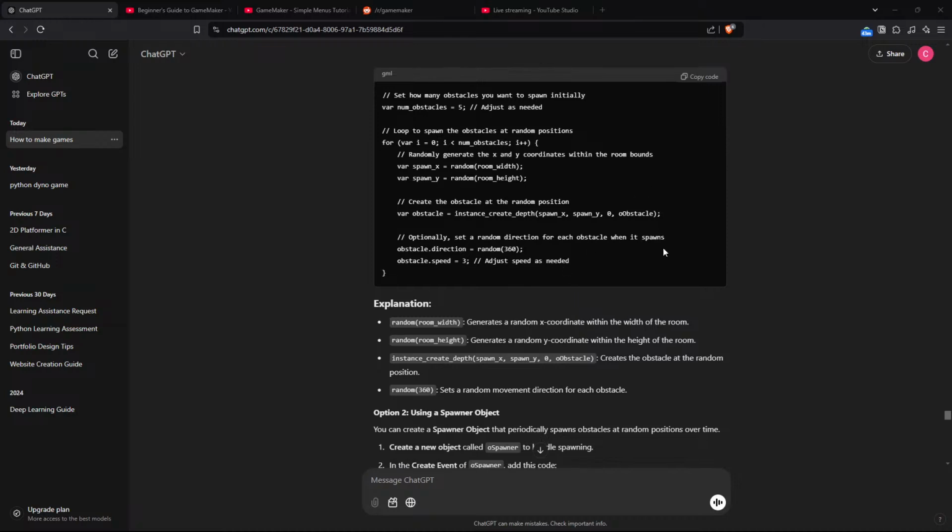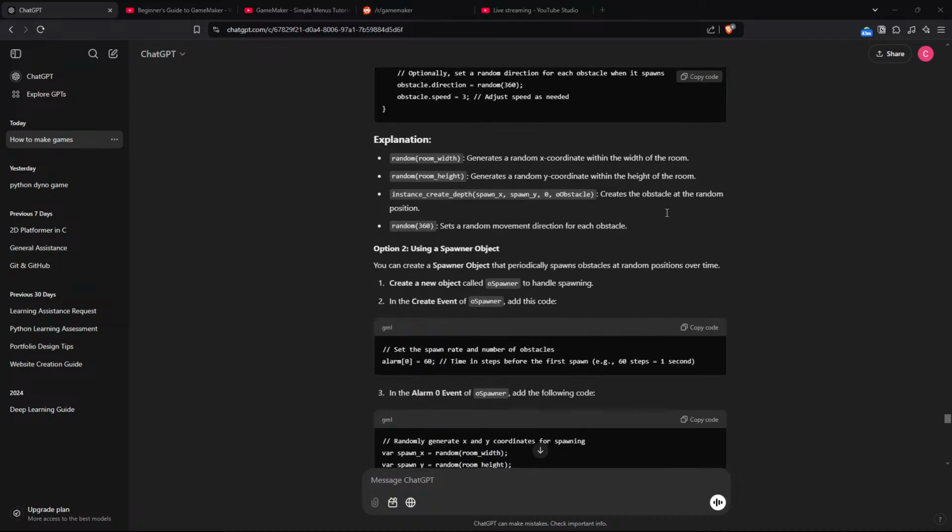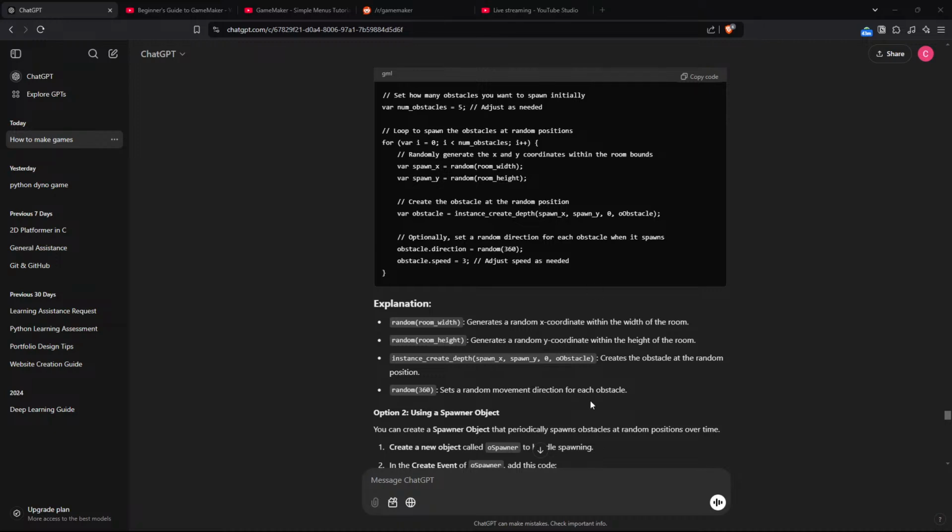All right, so since they will be spawning randomly, they have all the things set, but